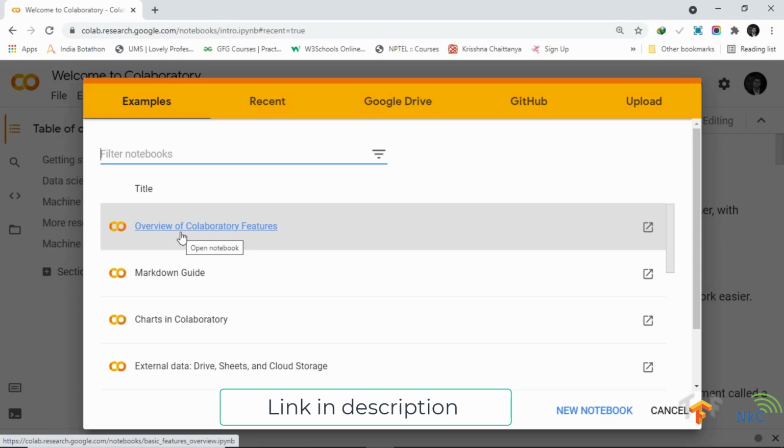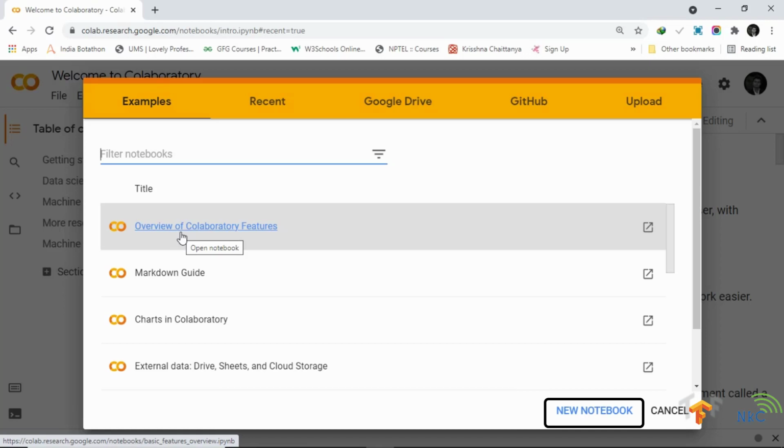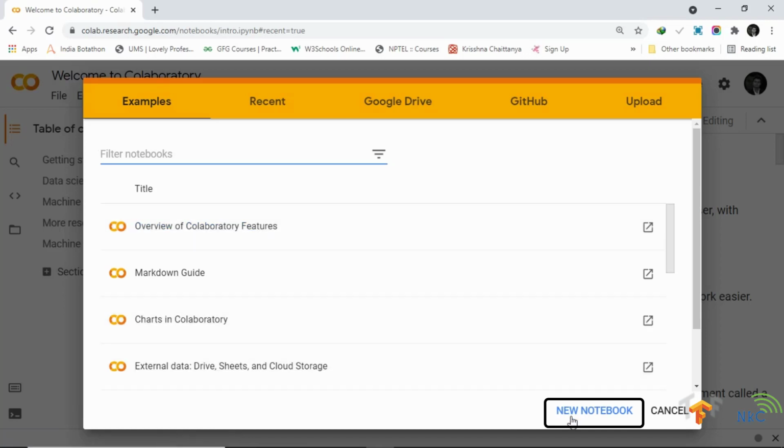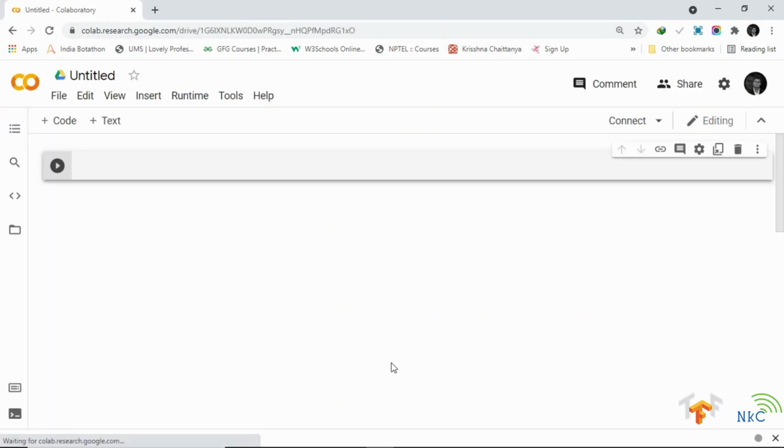So let's get started. I'm going to open a new notebook here, because we are going to get hands-on with TensorFlow and some of the most fundamental functions in TensorFlow.